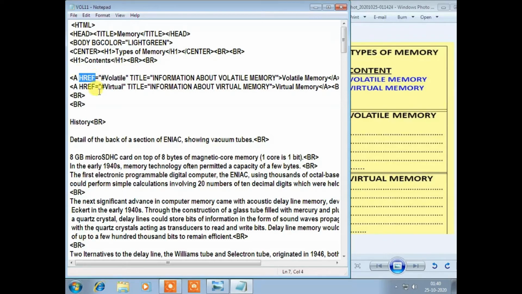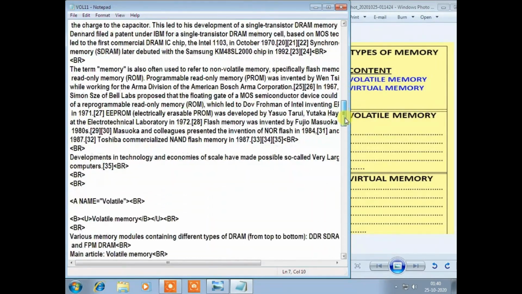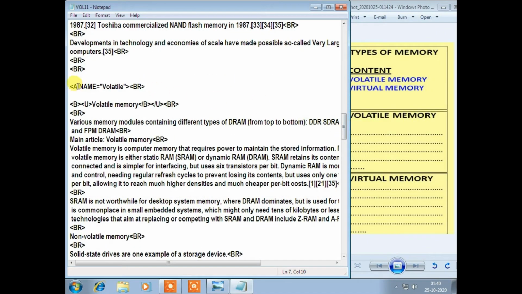In the first step you will mention href and the section name, and in the second step you will give the A tag, and the attribute will be name. For volatile, you will give the same name which you are giving in href.